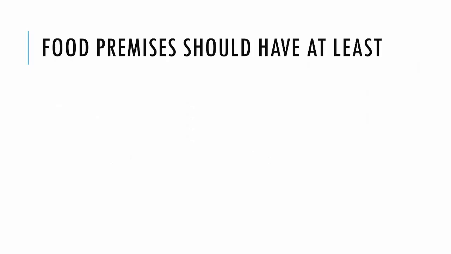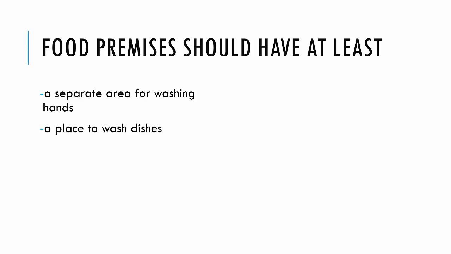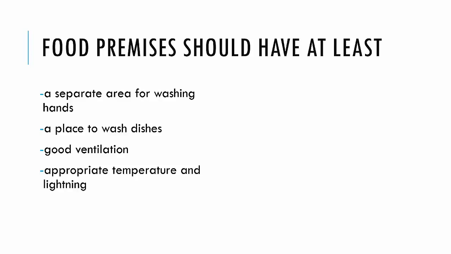What food premises then should have? What are the general guide rules? They should have at least a separate area for washing of hands, a place to wash dishes if the food goods are served, prepared, good ventilation in general, appropriate temperature and lighting considering the food goods that are stored or handled, easy access to water is something really important, a separate cleaning